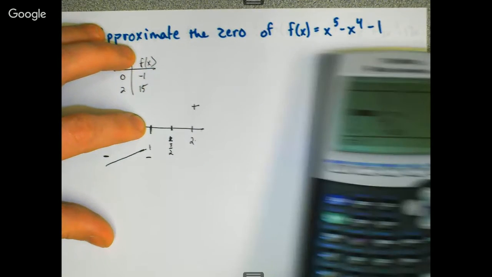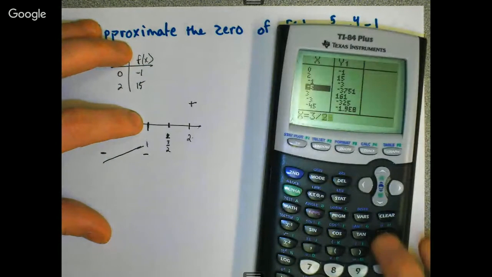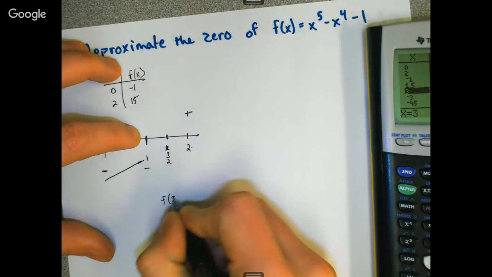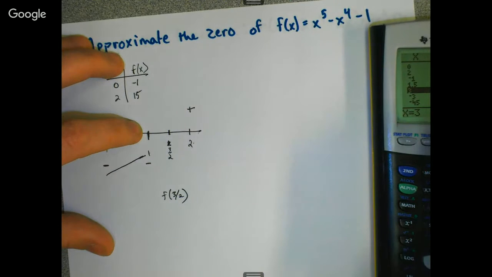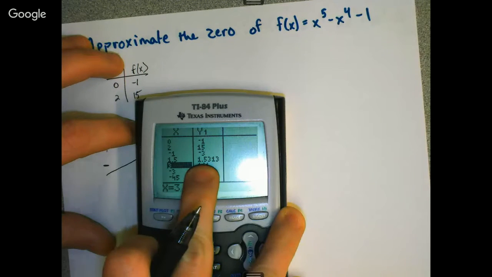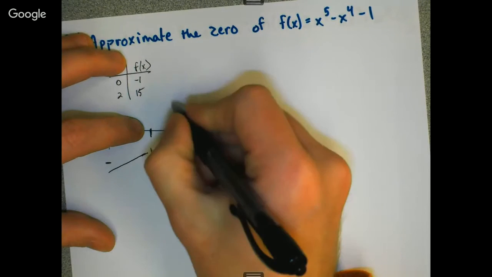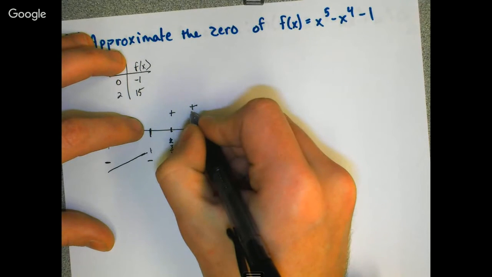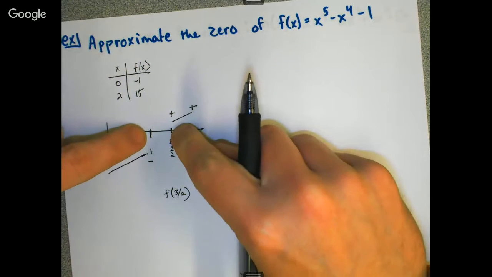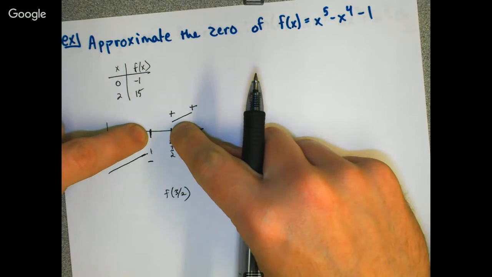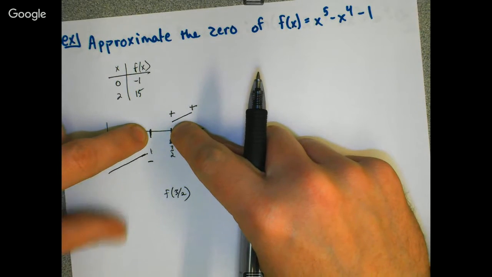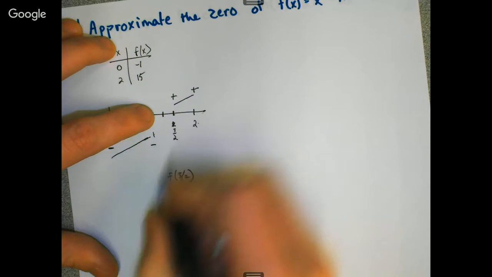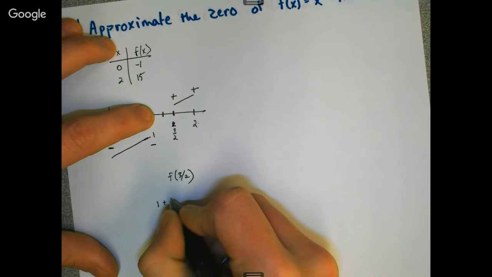If I plug in 3 over 2, so f of 3 over 2, I get some positive number. So this one is positive. That means my graph is here to here, so my 0 is somewhere between 1 and 1.5. If I find the distance between here and here, that's 1 plus 3 over 2